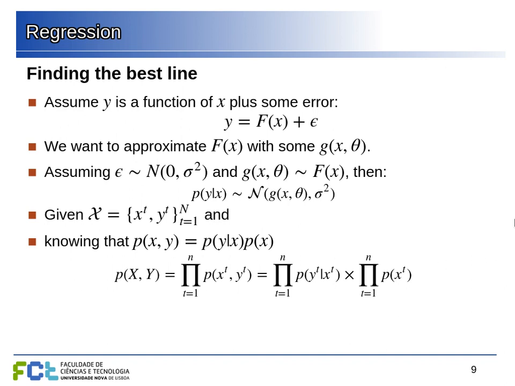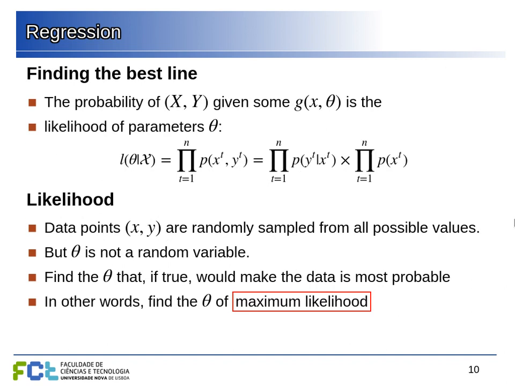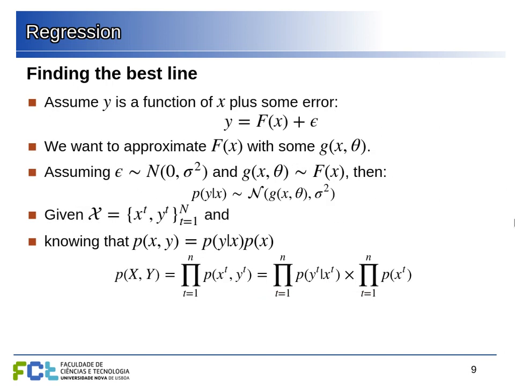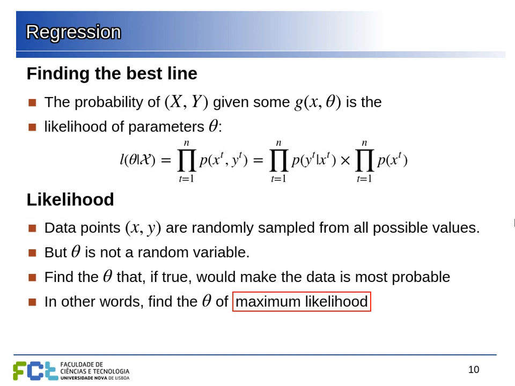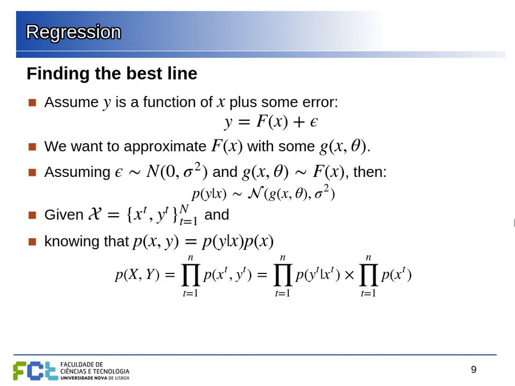Why do we want this? Let's look at this in a bit more detail, but I'm giving you this detour to explain the idea of maximum likelihood. So this seems a bit strange that we are looking at the probability of the data when the thing that we want is to adjust the parameters. So why are we looking at the probability of the data if we already have the data?